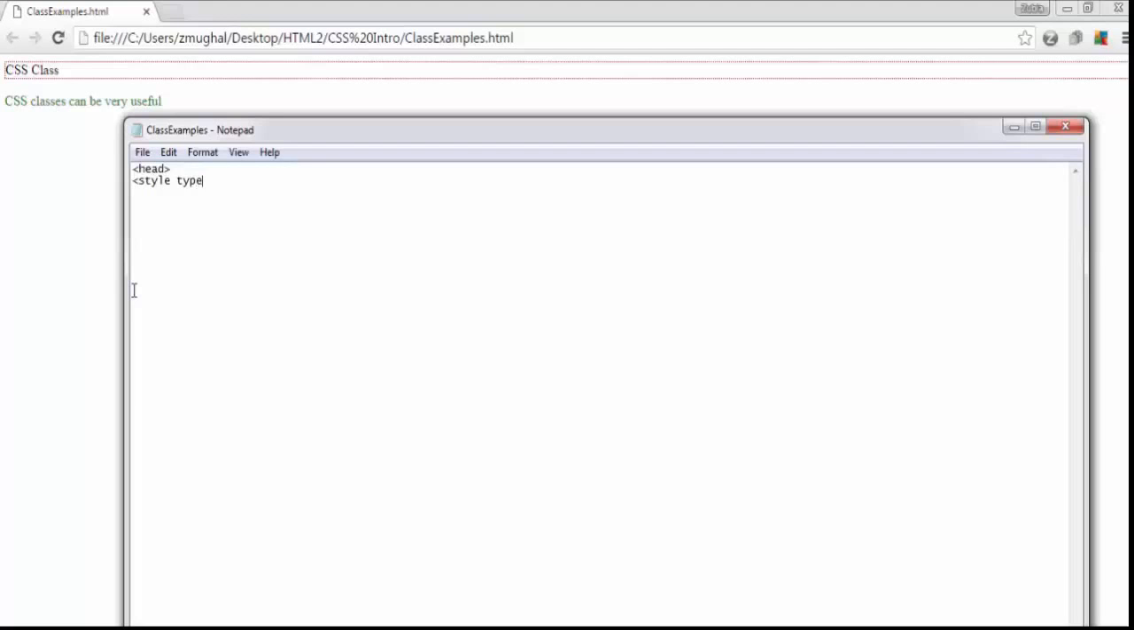Type is equal to text slash CSS. Okay, that's the type of style. Now it is applied to this element, the div element. Remember we did that in the previous course, HTML1. Div or division element is a section of code. So you're applying this style, this class to this section, div dot CSS section,